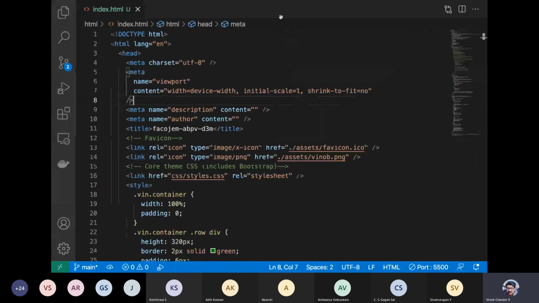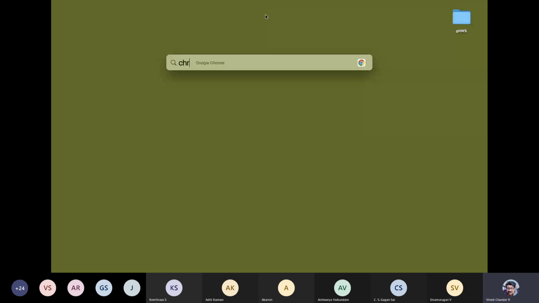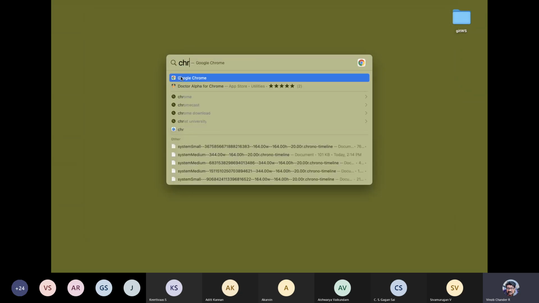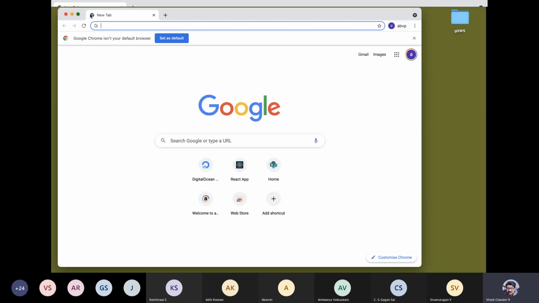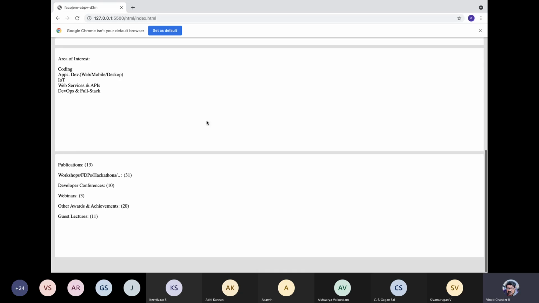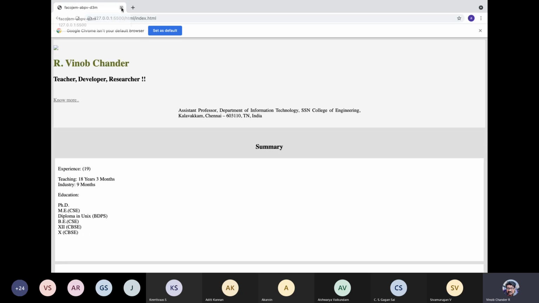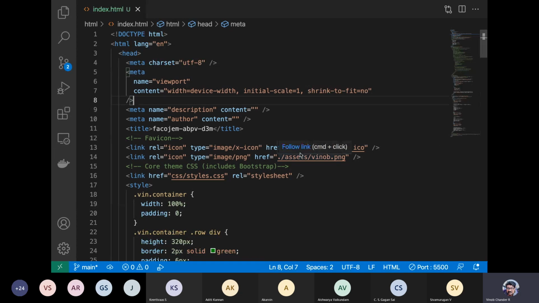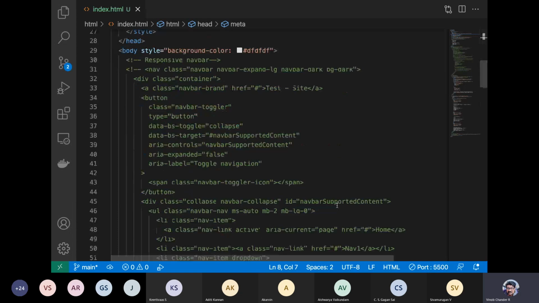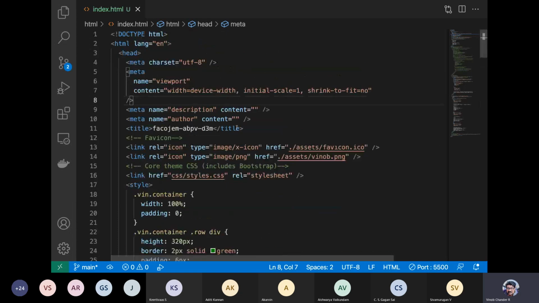Let me try Chrome. Certain things are broken over here. Let us probably check it out. Anyhow, it is a small HTML file with certain things that are broken, and we need to check why. Anyways, the idea here is to do a small change and see the differences.